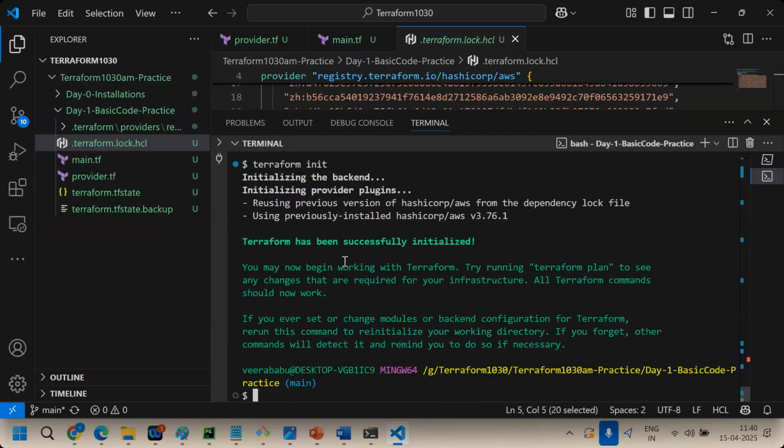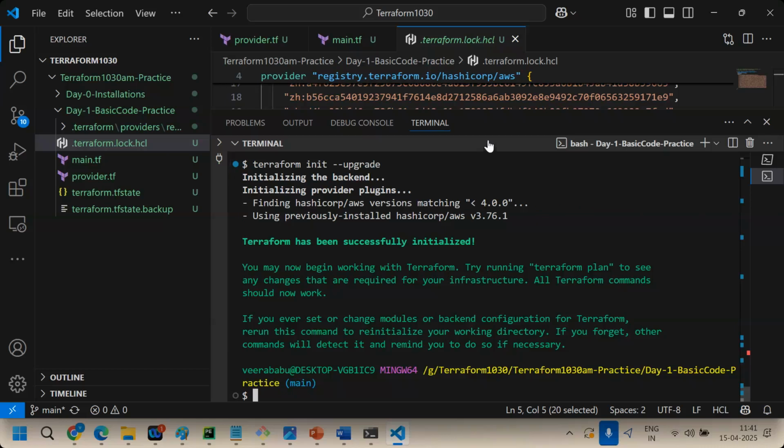Always 3.76.1 only. Why? The lock is enabled. Clear or not? Even if you give upgrade again, it is 3.76.1 only, because I'm not changing the block, so still 3.76.1.